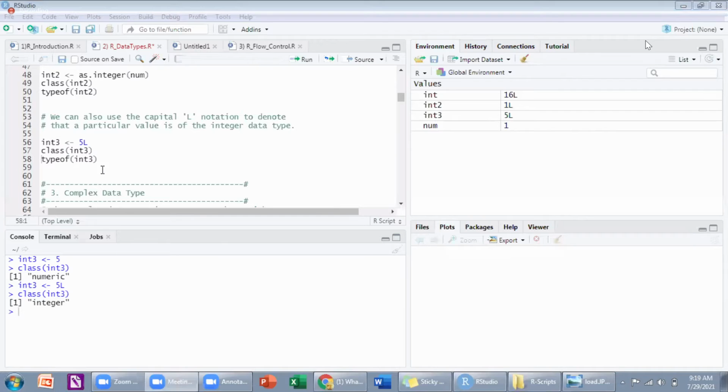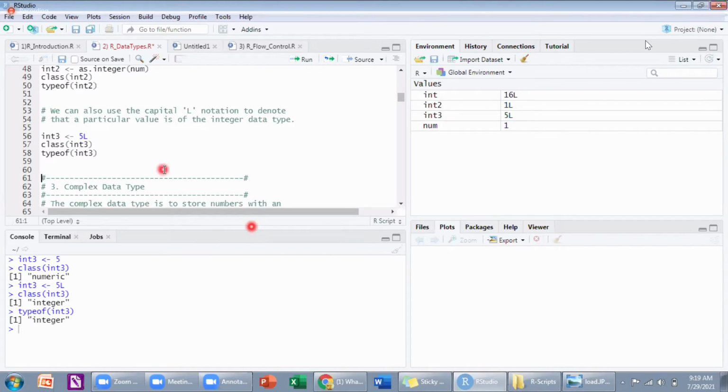Understood? Now what will be the type? Integer is integer type. Clear with numeric and integer, the remaining are very easy, ma. Only these two are a bit confusing, not difficult but a bit confusing. Clear?